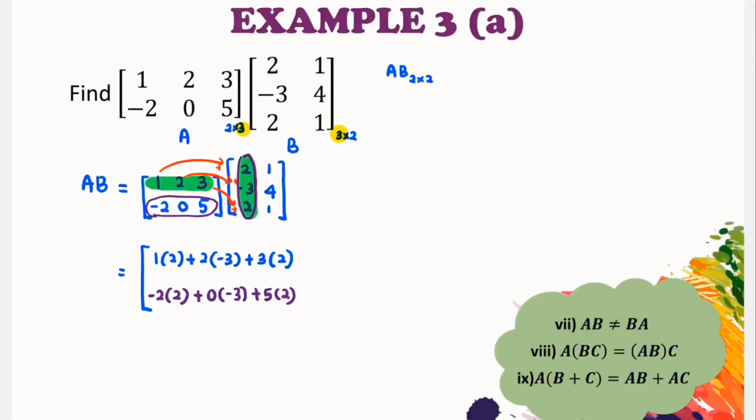So multiply the first row, this row, by the second column. For the last one, 2, 2 will be, okay. And now the final answer will be